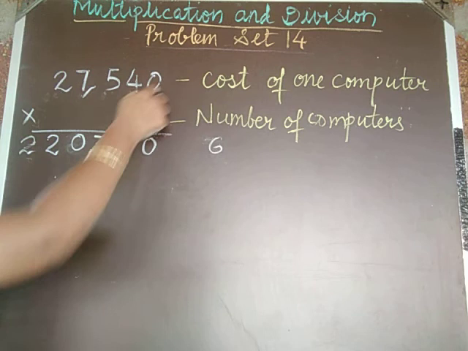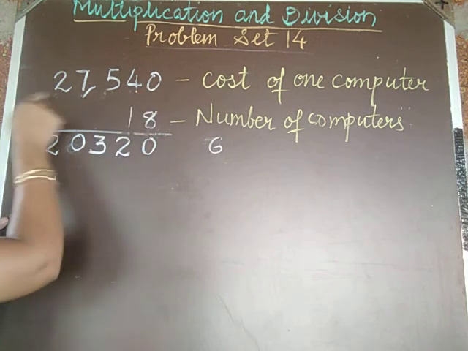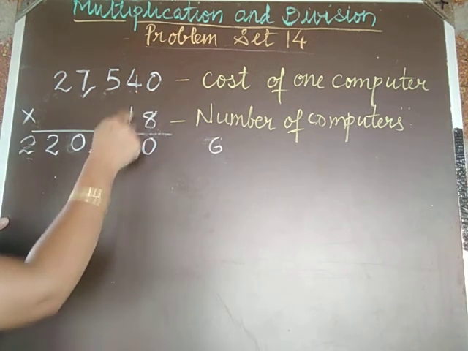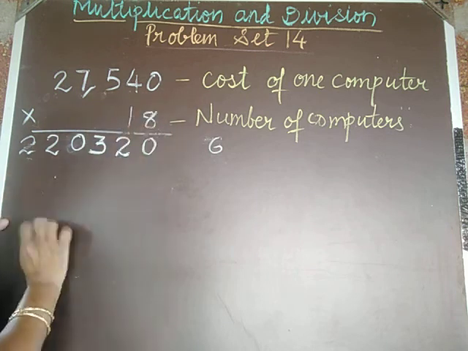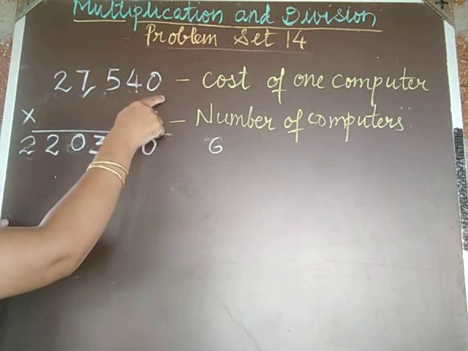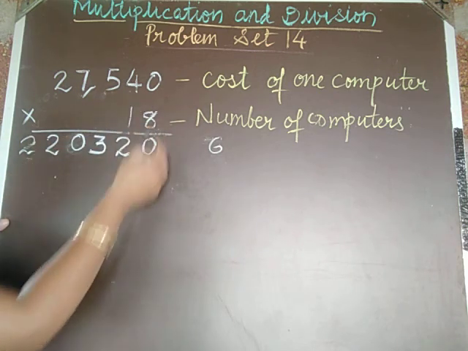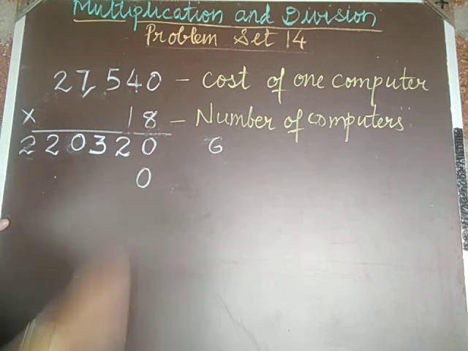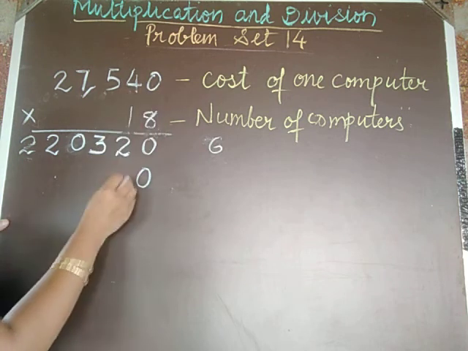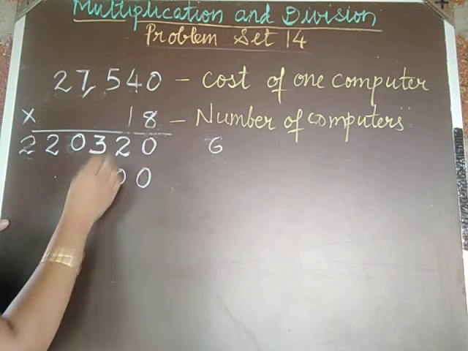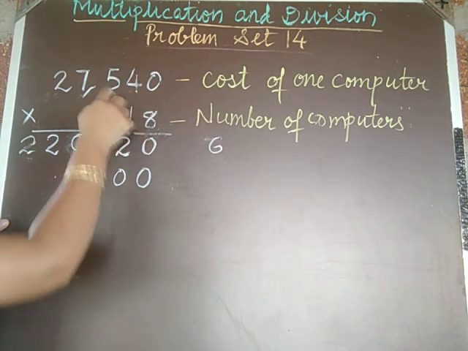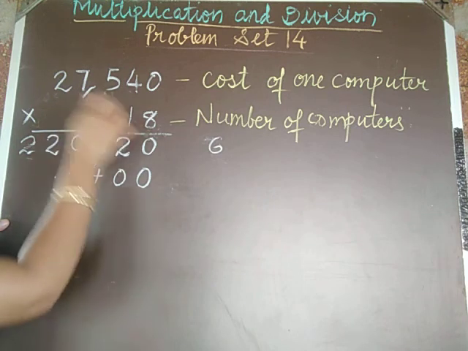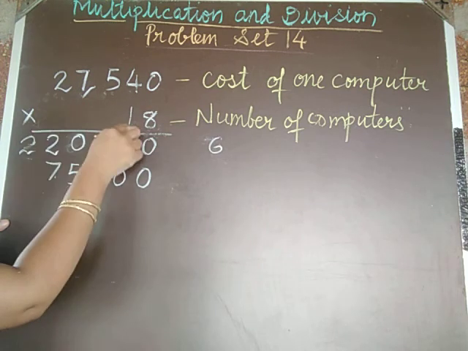Now what we have to multiply now? 1 we have to multiply with all this number, and any number multiplied with 1 is always that same number. So that means this same number will come here. But before that you have to remember that you have to put a 0 here under the units place. So now what you have to do? 1 zeros are 0, 1 fours are 4, 5 ones are 5, then 7 ones are 7, 2 ones are 2.